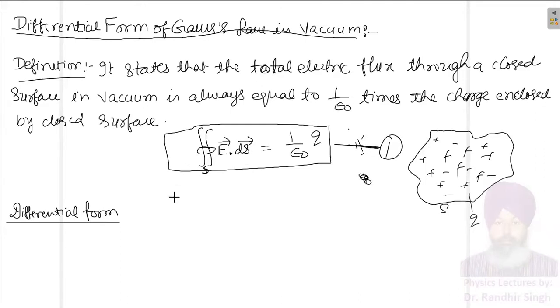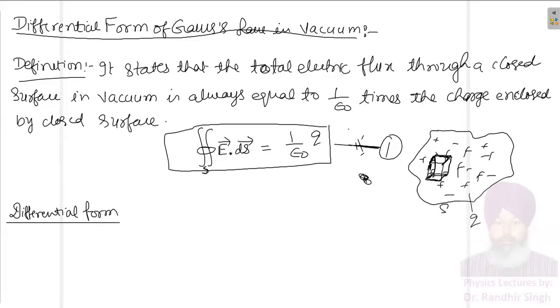Okay, let me take a small volume, because charge is distributed within the closed surface. So this charge will be on the surface as well as inside it. According to the definition, charge is enclosed. So the charge which belongs to the surface is called enclosed charge.